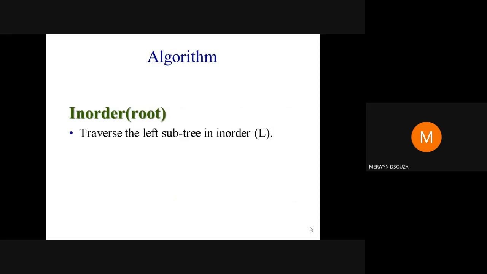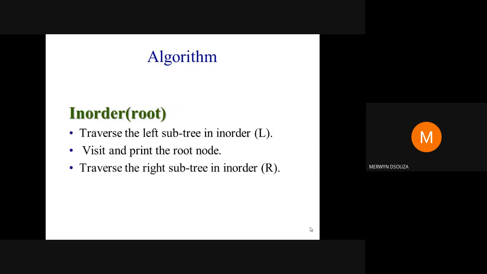Next, we'll look at in-order traversal. The steps for that are: first, traverse the left subtree in order. Then the second step is to visit and print the root node. The third step is to traverse the right subtree in order. So basically the steps for in order are left subtree, visit, and right. Whenever we say visit, it means we are printing the value in the output, don't forget. Visit means print the value in the output. So now these will be the steps for your in-order traversal.